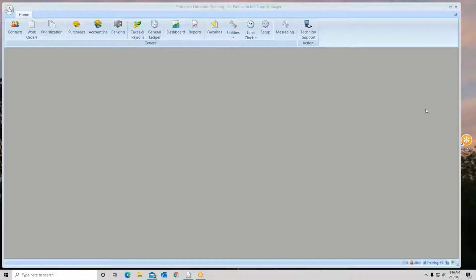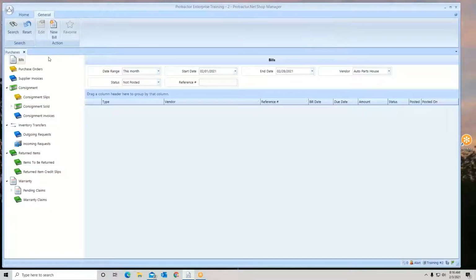In this session, we're going to discuss bills. So for my home ribbon, I'm going to go to Purchases, and under Purchases, you will see Bills. And when I go to Bills, on the far right side, you're going to see date range, start and end